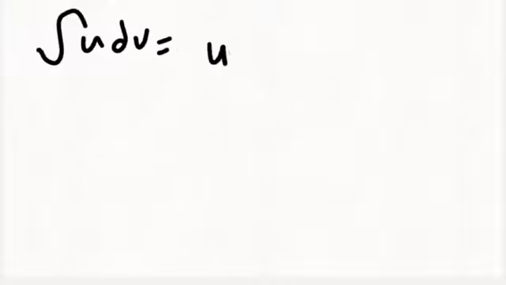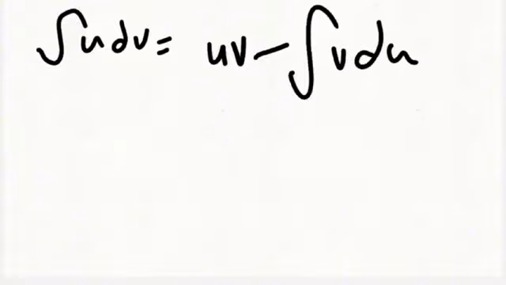Now we're going to be talking about the topic of integration by parts. The important part about integration by parts that you need to know is that the integral of u dv is equal to uv minus the integral of v du. Okay? And for choosing u,